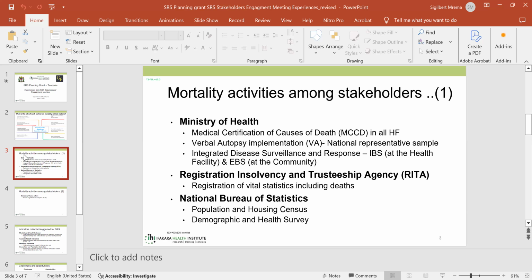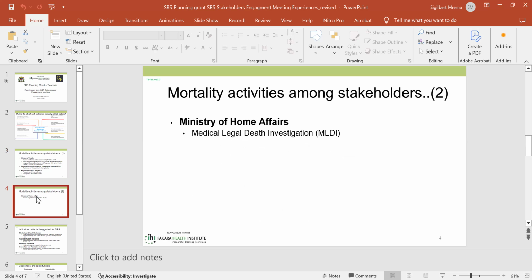We have RITA, which is responsible for the registration of all vital events, which also include deaths. We have the National Bureau of Statistics that conducts population and housing censuses and surveys. And we have the Ministry of Home Affairs dealing with medico-legal death investigation.